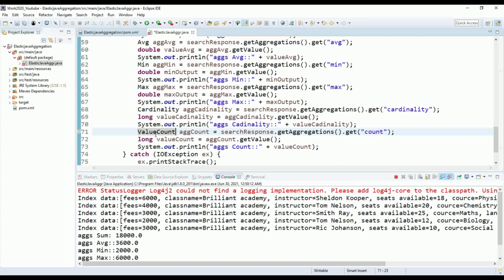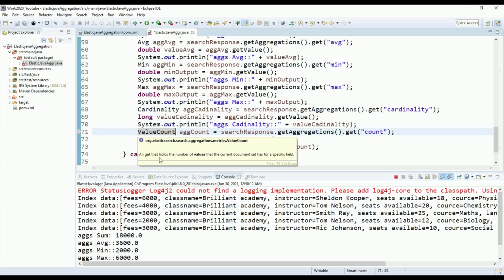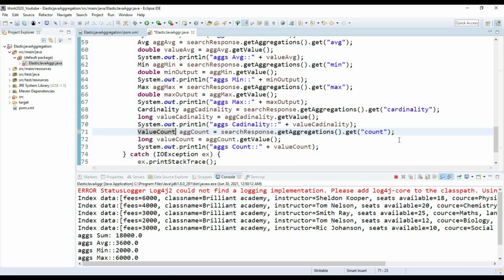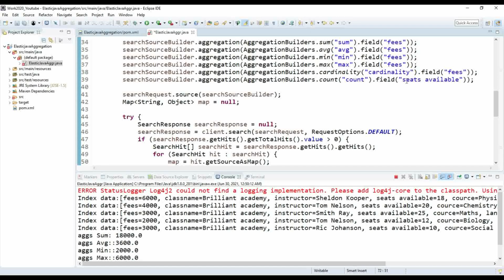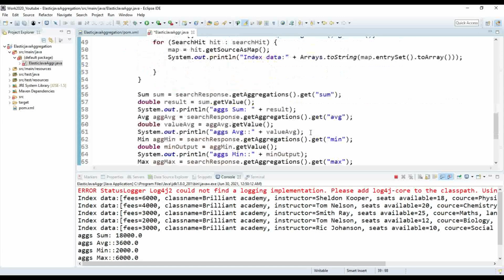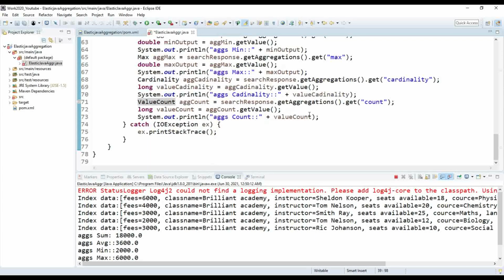And what value count says is it will get the whole number of values of the current document that is set to the specific field. Here I am setting this to seats available, so it will count the seats available for the courses. I have to save it and run it.